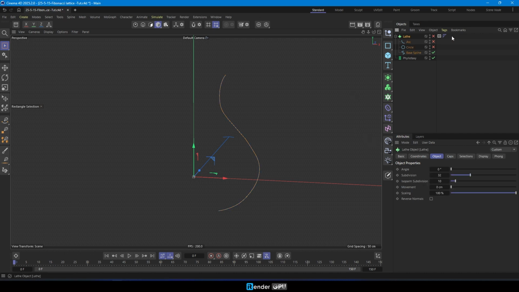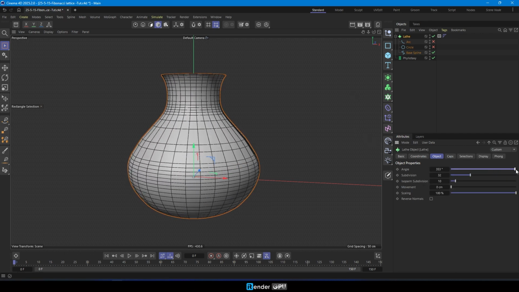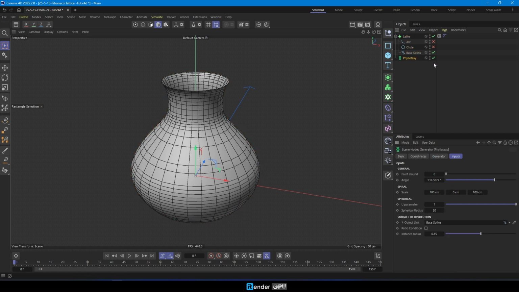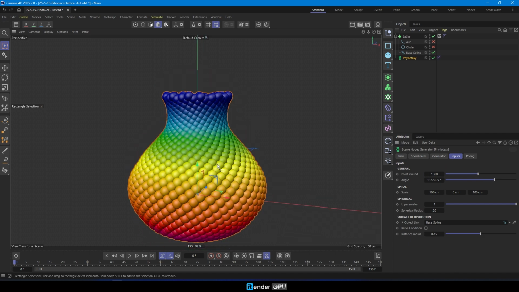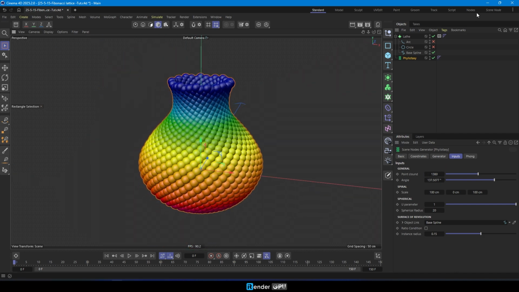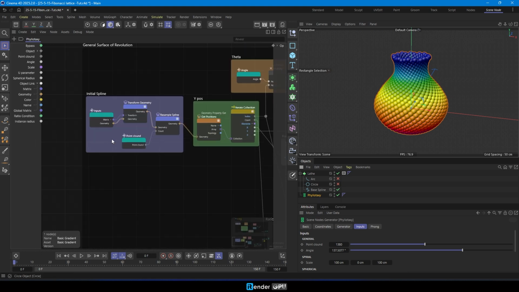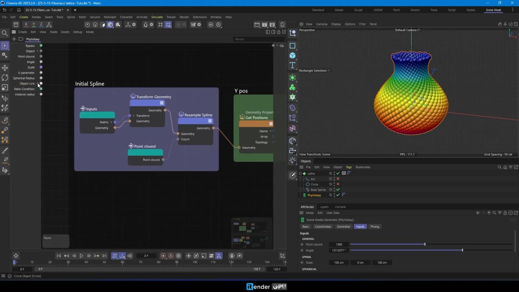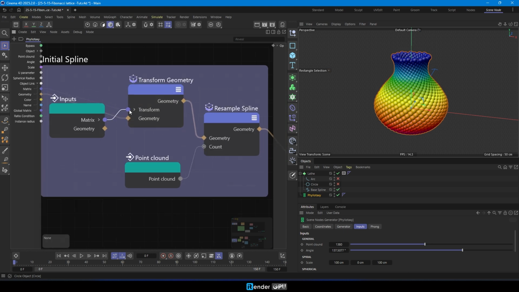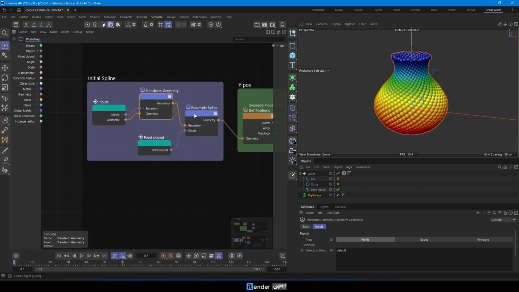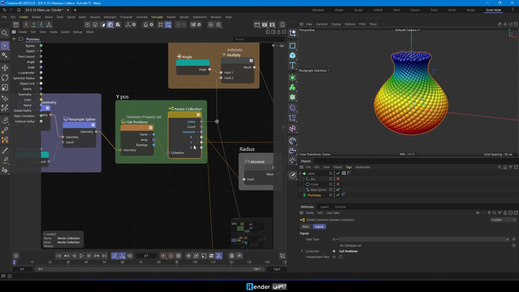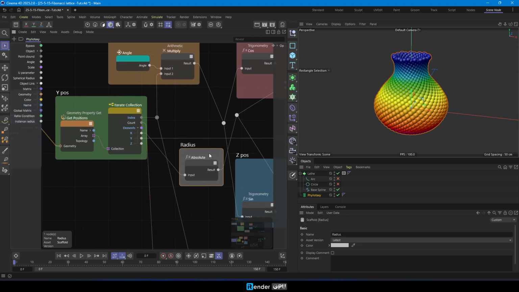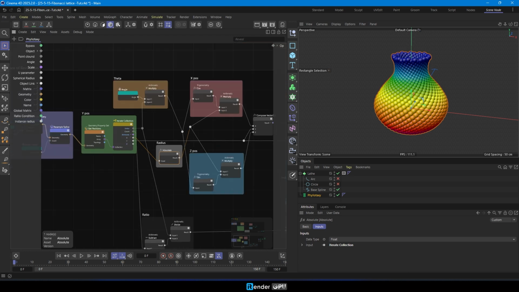To simulate phyllotaxy over a surface of revolution, we do the same. Some nodes and parameters need to be adjusted. We use the base spline rotated around the y-axis to create the surface. In this case, y will remain the same value, and the radius will be equal to the absolute value of x.